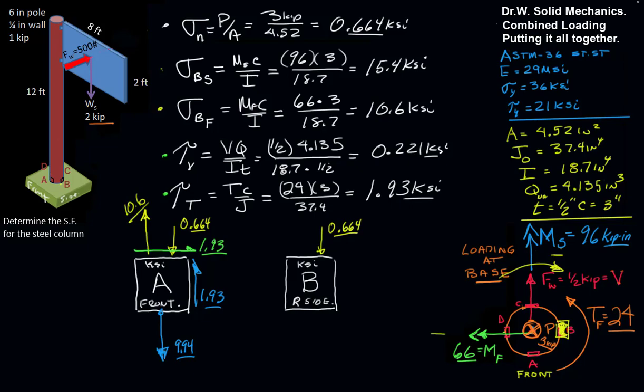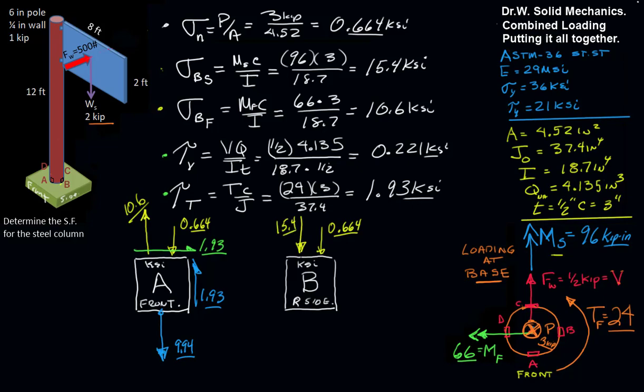And the moment due to F, B is on that neutral axis, so there won't be any stress due to MF, but there'll be the maximum value of compressive stress due to MS. So we'll have a downward acting 15.4